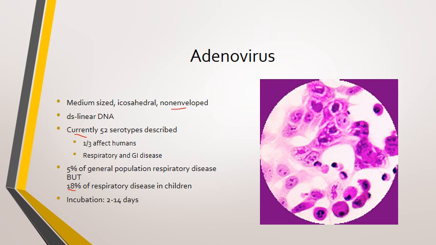Adenovirus, medium-sized, icosahedral, non-enveloped. Okay, non-enveloped means your immune system can recognize it pretty easily. It is a double-stranded linear DNA, okay? And there are many serotypes. Currently, there are 52 serotypes described, and the key word here is currently, because every year these viruses change and you get new serotypes. Of those 52, only about a third affect humans, and they cause both respiratory and gastrointestinal